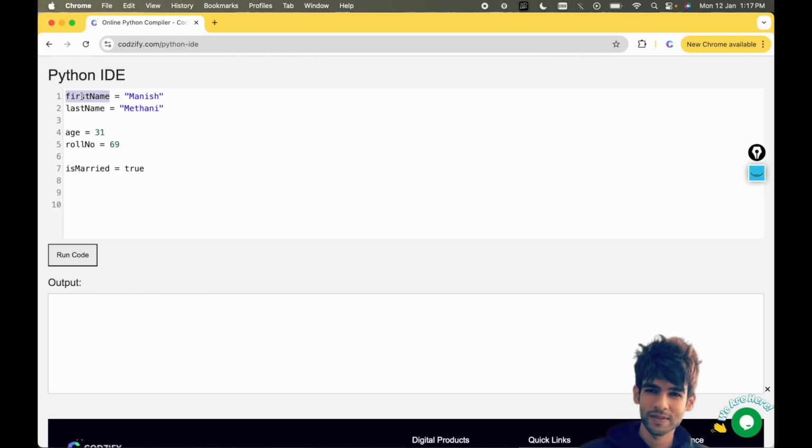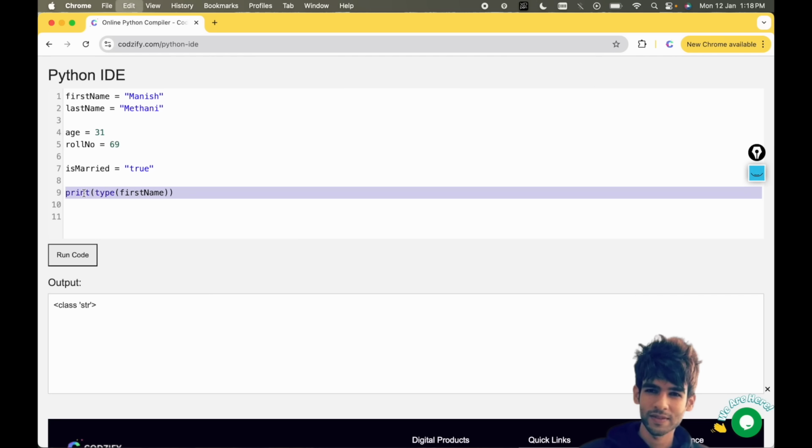For example, if we have to check the type of this, I will write print. Print is used to print statements in Python. If you have seen the previous two episodes, we have used print many times. So print is used to print the output on the screen. Here if I type the type of this variable, first name, okay, it will print the type. Now in the output you can see class string. So this variable first name is of type string.